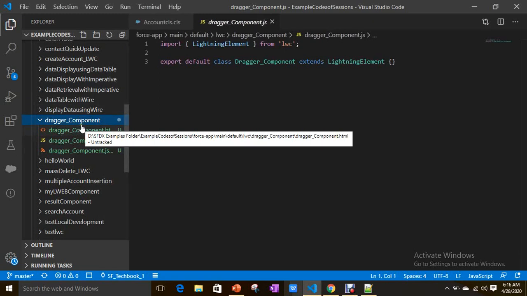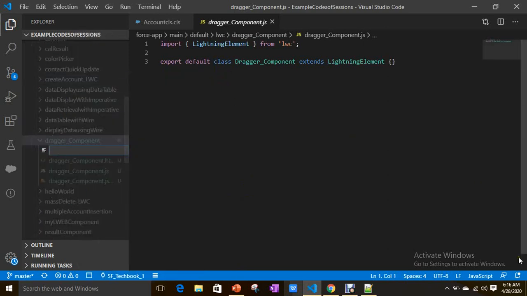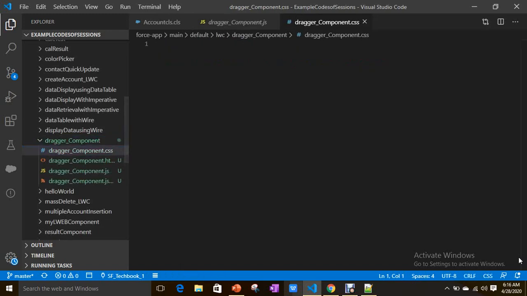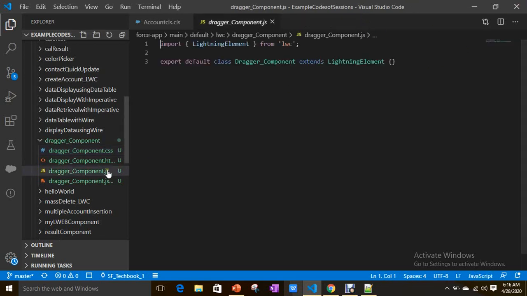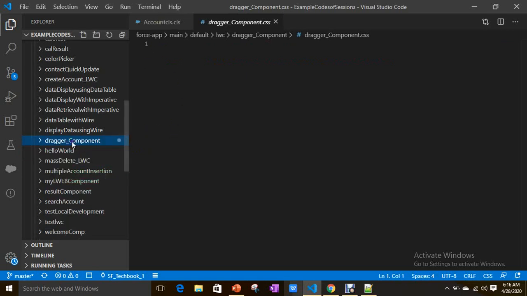Here I'm going to add one more file, a new file, draggerComponent.css. Then it will add one more file into your Dragger component bundle. Now you have one CSS file, one JS file, one meta file. The CSS file will be useful for defining styles for your component. Now let's save.